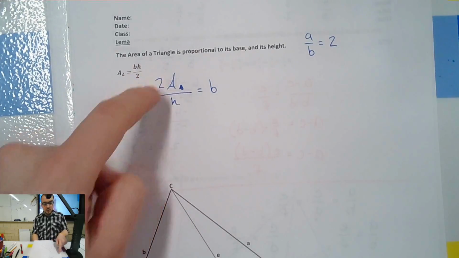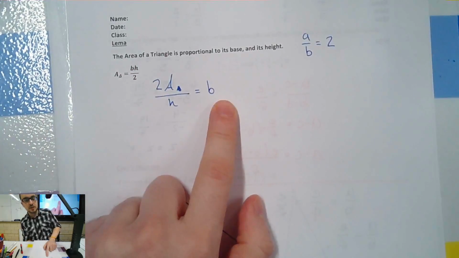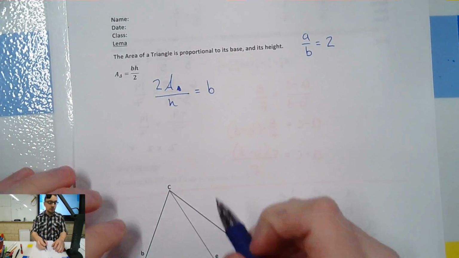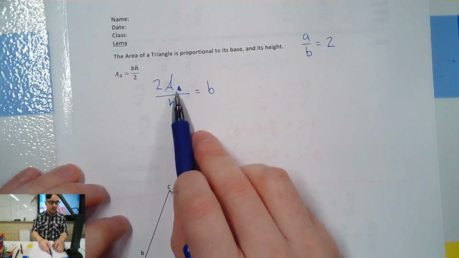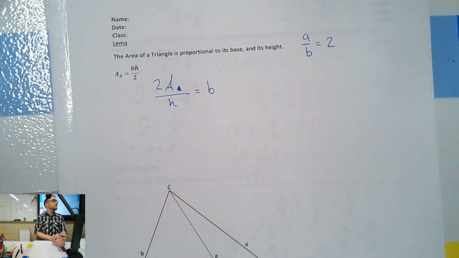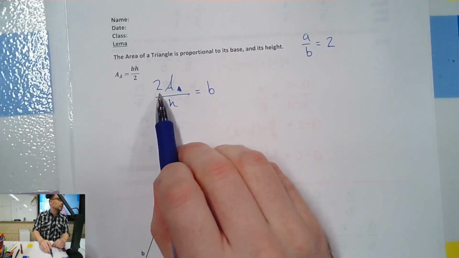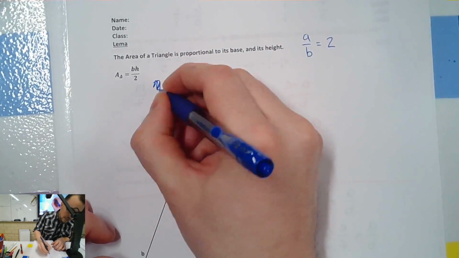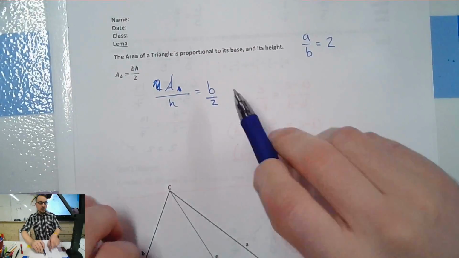Right, I moved over the 2 by multiplication, divided by h, and b is on its own. So I'm saying the relationship between the area and its height is the base. That's how they relate. If you take the area of a triangle divided by its height, you get the base. Well, doubled, right? I'm going to move that 2 back over just to show you that this relates by